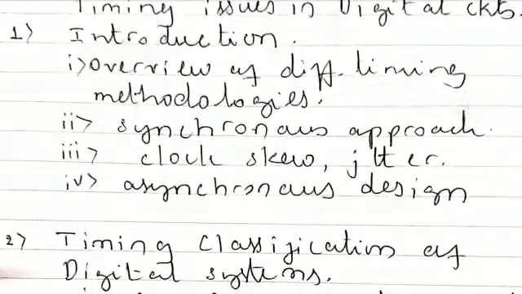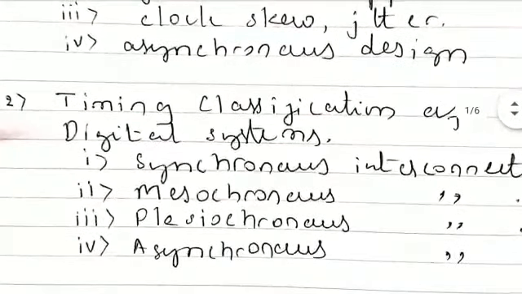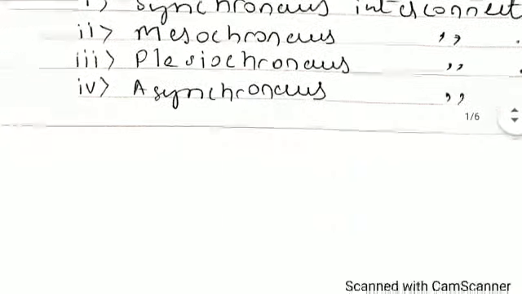Okay, in digital systems, signals can be classified depending on how they are related to the clock. Signals that transition only at predetermined periods in time can be classified as synchronous, mesosynchronous, or plesiosynchronous with respect to system clock. A signal that can transition at arbitrary times, on the other hand, is considered asynchronous. First, we'll go for, so these are the four possibilities as I told: synchronous interconnect, mesosynchronous, plesiosynchronous, and asynchronous. Depending upon with reference for all of these interconnects, clock is the reference. First, we'll go for synchronous interconnect.